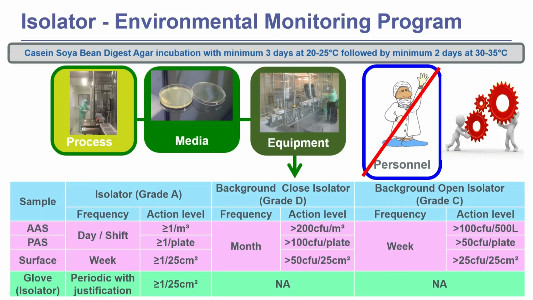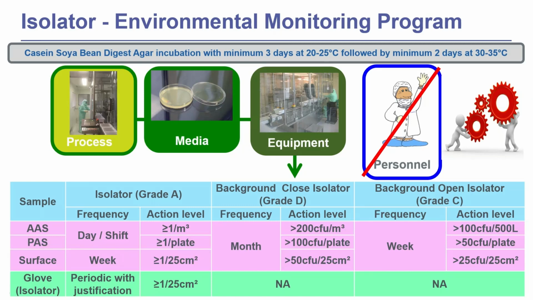This slide gives you a summary of the management of the environmental monitoring program for viable particles. It should define the media, with casein soybean digest agar, and the conditions of incubation in dual temperature: a minimum of 3 days at 20-25 followed by a minimum of 2 days at 30-35. The table defines the different samples to be performed